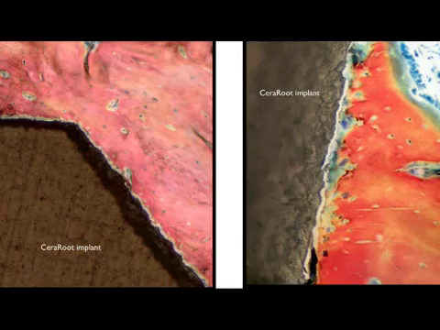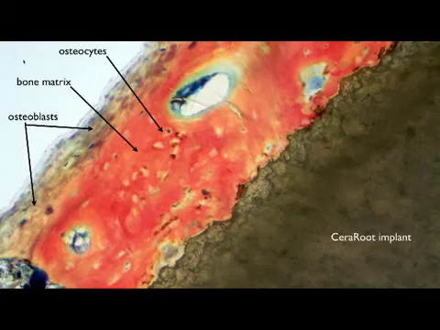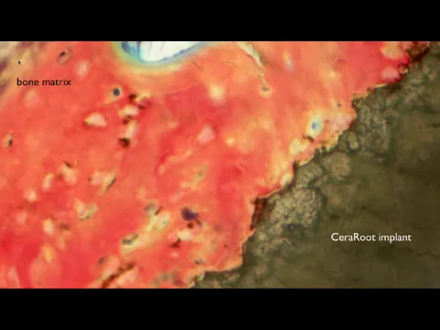See a slide, an H&E slide of the intimate contact between the bone and the implant surface. And here again, we see the evidence of that roughened acid-etched surface, which promotes the osseointegration. And we see the bone cells and the intimate contact against the implant surface, which is what we want to see in integration. Now, clinically, osseointegration is almost meaningless because it's something that Mark described as a phenomenon that's visible under the light microscope. What we want in the mouth is rigid fixation that is maintained long term, and that's something that we definitely get with